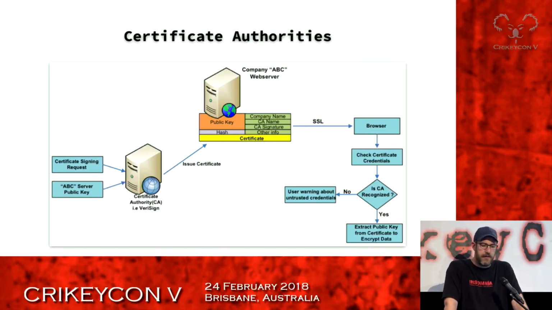Effectively, you generate a certificate signing request, which is a base certificate. You submit it to the certificate authority, say, hey bro, can you please sign this for me? They say, yep, give us some money, we'll sign it for you. They sign it for you, they hand it back, you put it on your web server, and then when people visit, the browser goes, actually, is this signed by a known certificate authority that I trust, right? That's effectively the base part of it.